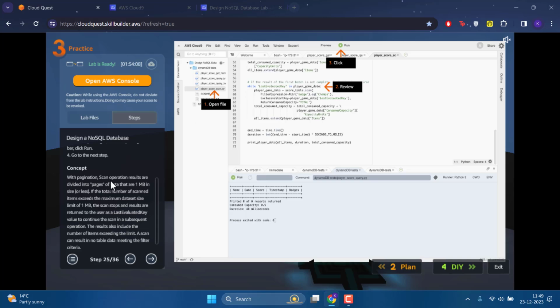With pagination, scan operation results are divided into pages of data that are 1 MB in size. Most of the time you will see this in APIs, wherein if you have data more than a certain limit, then it is going to give you pages. It won't return you a single page. Instead, it will tell you there are this many pages, then you have to query each page to get that particular